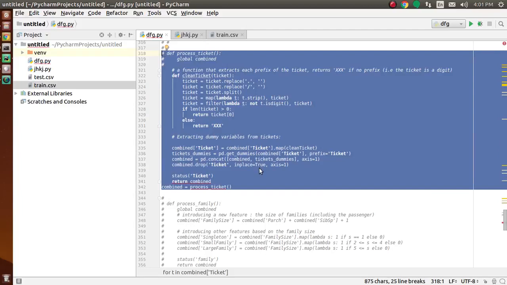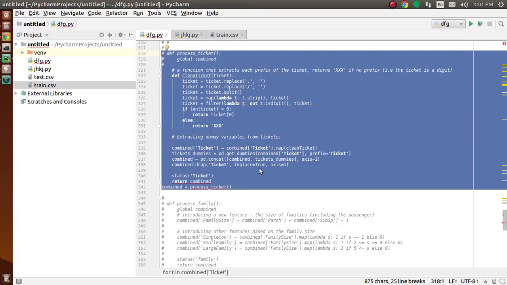Next part is creating a new variable based on the size of the family. This creation of a new variable is done under a realistic assumption. Large families are grouped together, hence they are more likely to get rescued than people traveling alone.